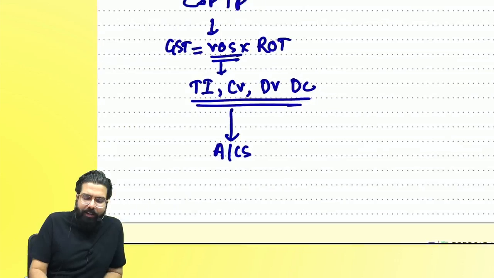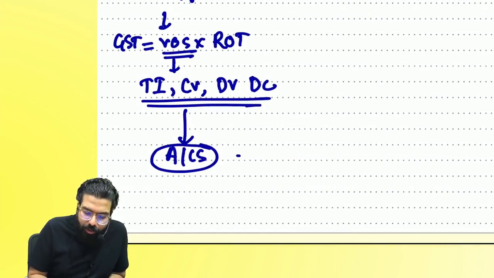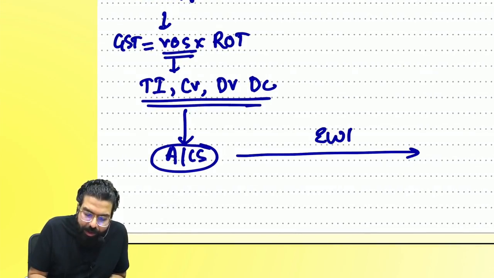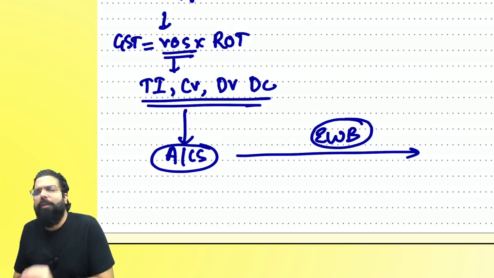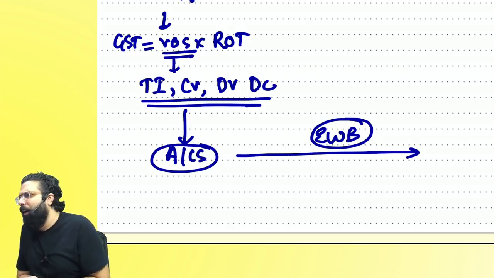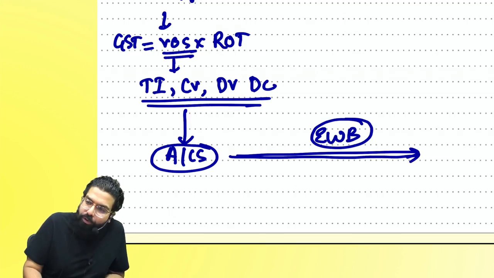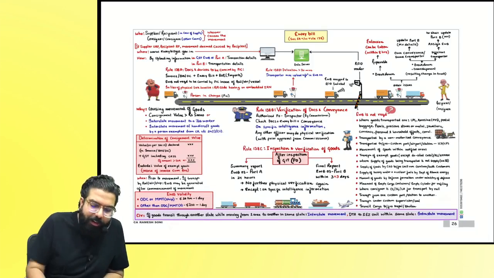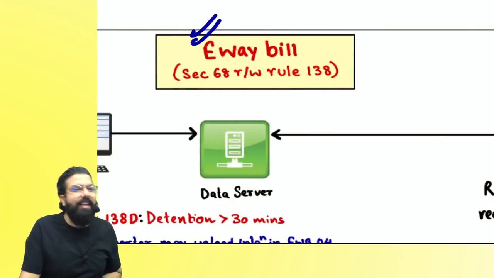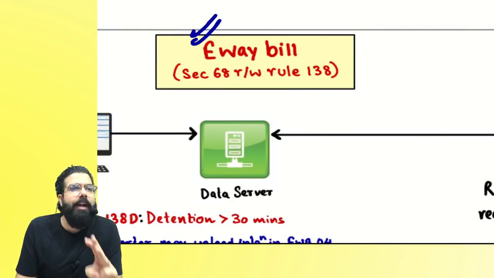Now government says, Ramesh, you can go ahead and maintain your accounts and records and you should send the goods to the other person with the help of an e-way bill. So along with your tax invoice, along with whatever bill of supply you are going ahead and raising, you should always, when you are causing the movement, raise an e-way bill. Everyone, in your e-way bill chart, e-way bill is section number 68, read with rule number 138, 138A, B,